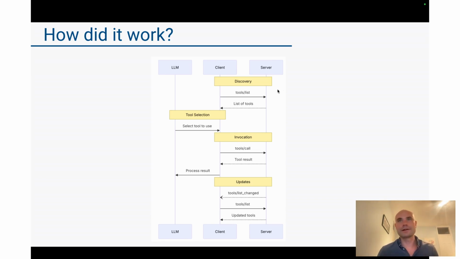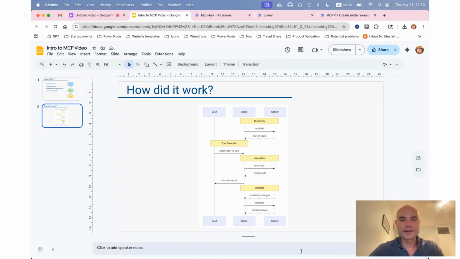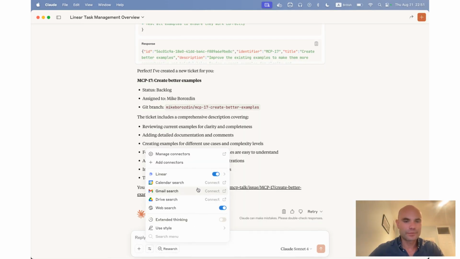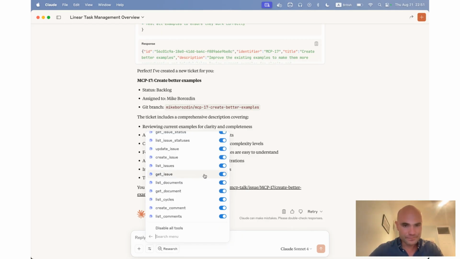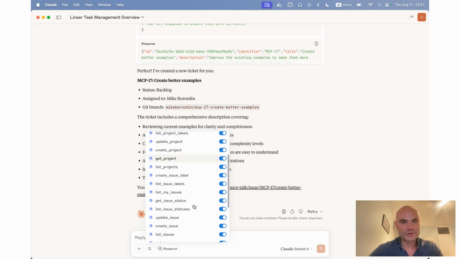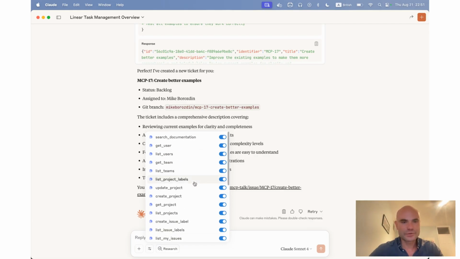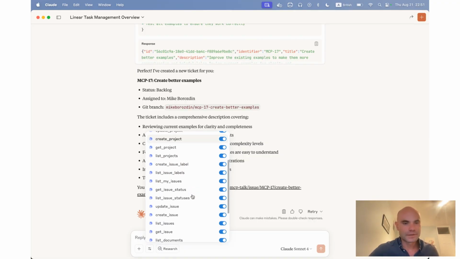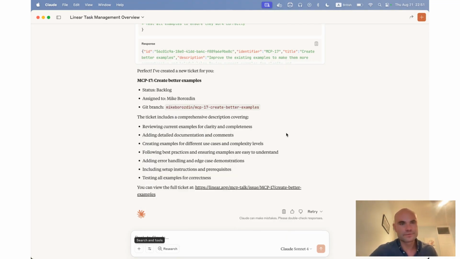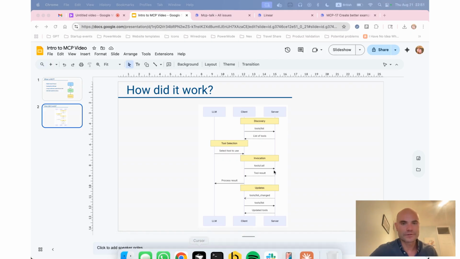It gave us a list of tools, and actually with the list of tools I can go back to Claude. I can show them here, Linear, and here is that list of tools. We saw list my issues, and we used create issue, but there are many other ones. So if I go back to the diagram,